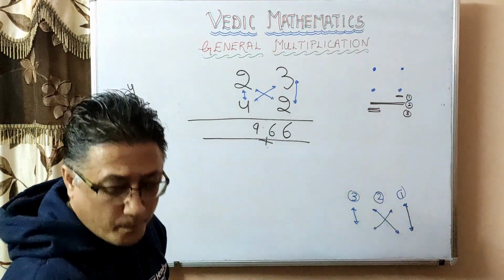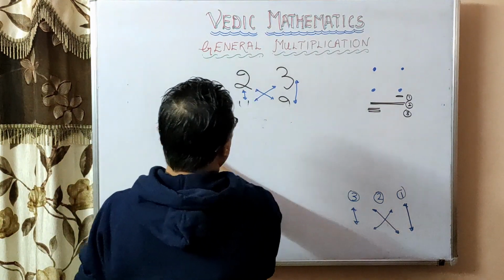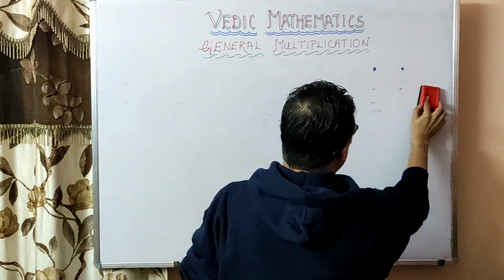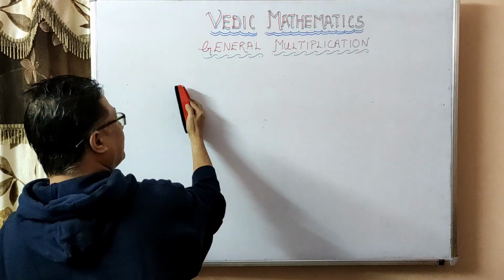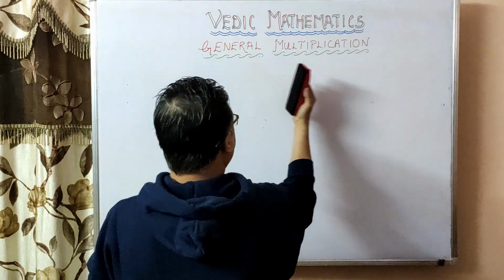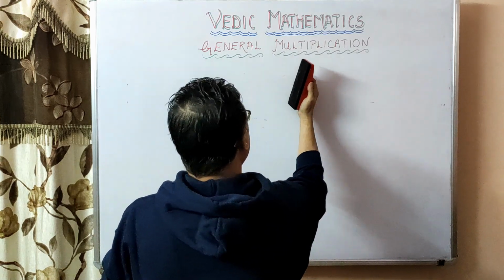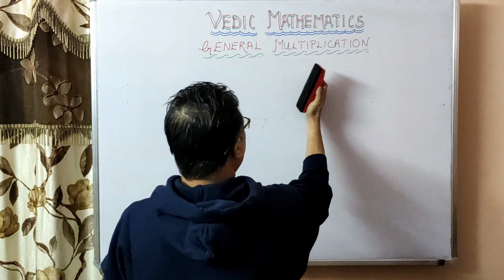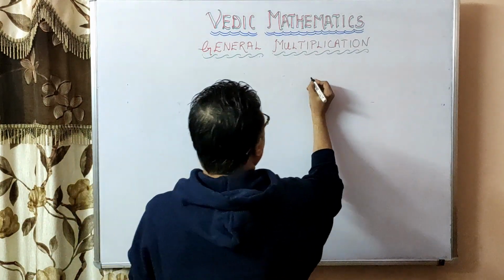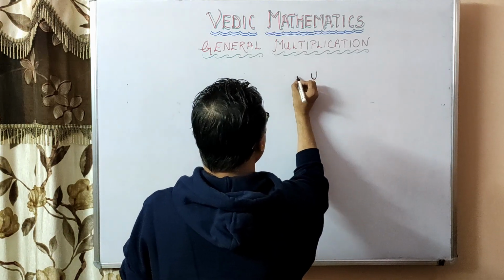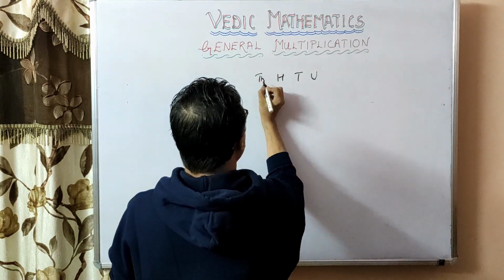Now let's see an example of multiplying two 3-digit numbers and how the path will change. So the path, as I told you, is very important in Vedic mathematics because the path depends. What we do is we start from the end, then we expand from the right hand side to the left hand side, and when we have considered all the digits, then we start contracting. We eliminate one by one. For example, this is the units digit, this is the tens, this is the hundreds, this is the thousands, and so on.